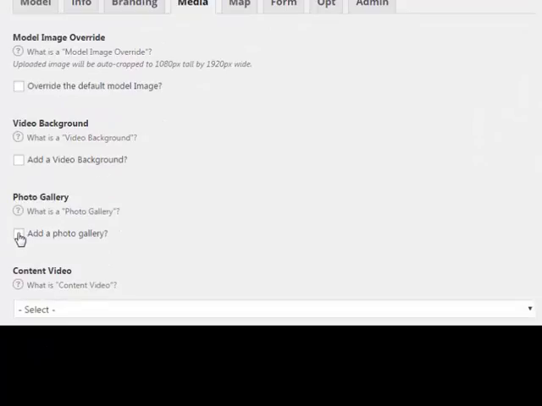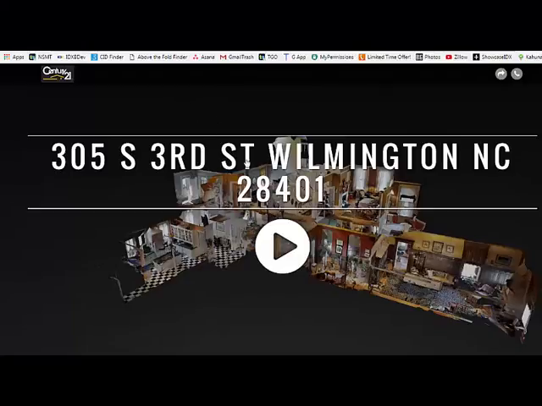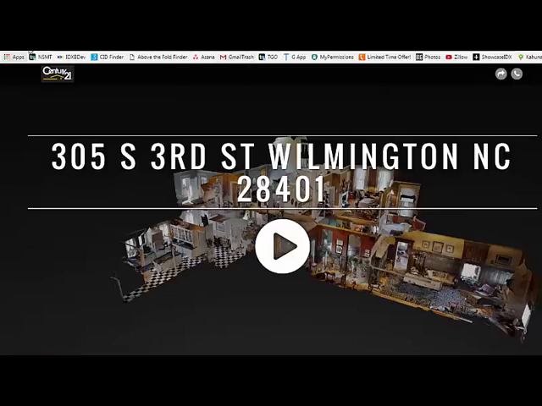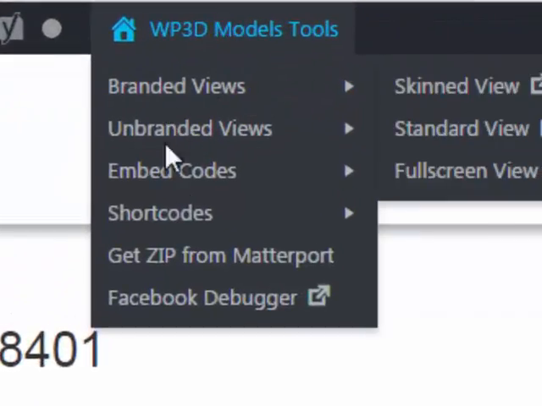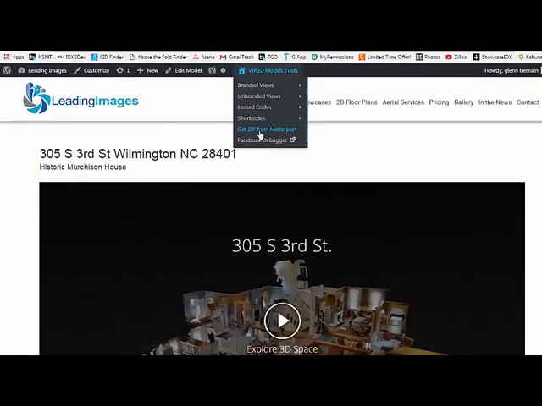Okay, so here's one of the reasons why I went ahead and published the scan first before I finished it. When you add a photo gallery, you can go here and take out the skin and just go to this page, which is the base page of this scan. And this section here is just gold. It saves you so much time. But what's cool is here you use get zip from Matterport. And when you do that,